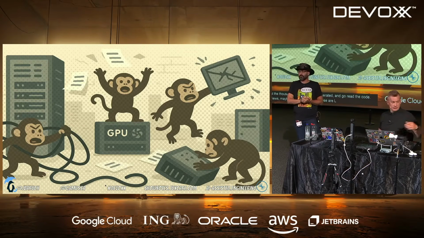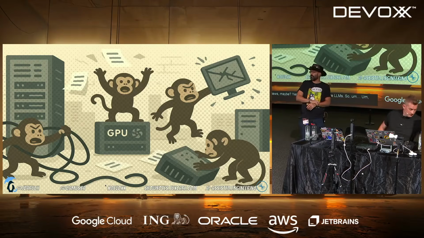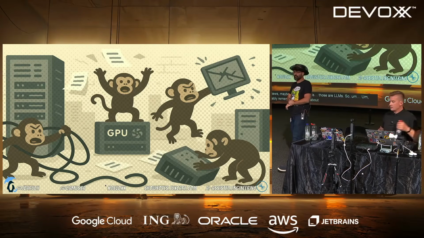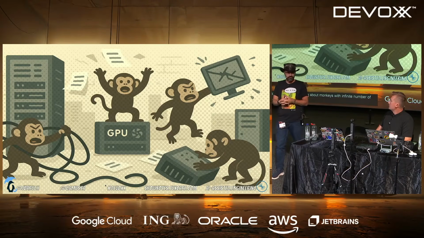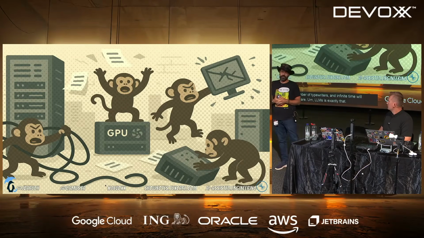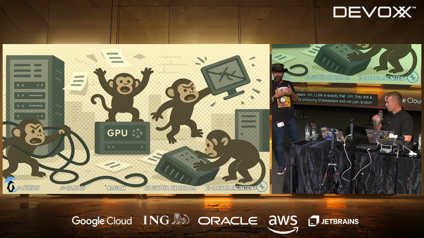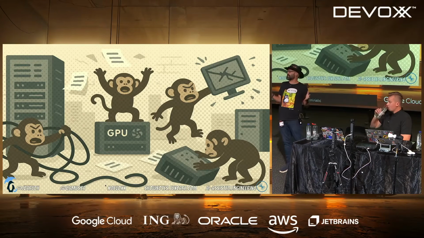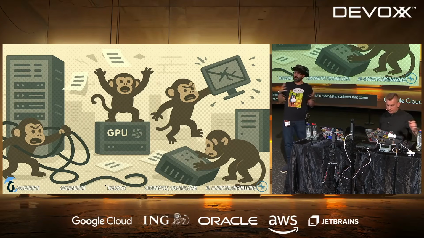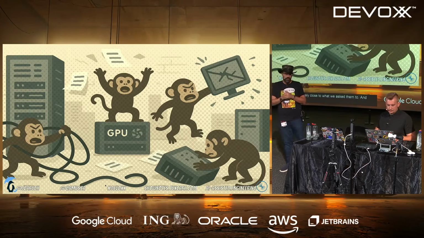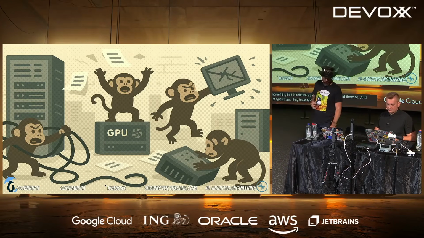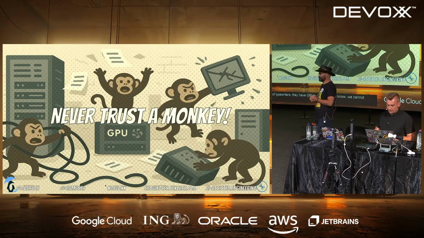Those are LLMs. You probably remember the saying about an infinite number of monkeys, given infinite typewriters and infinite time, that will eventually produce Shakespeare. LLMs are exactly that. They are a little bit more skewed towards producing Shakespeare and not just random text, but they are non-deterministic stochastic systems that come up with something relatively close to what we asked them to. And instead of typewriters, they have GPUs, but as we all know, we cannot really trust them.